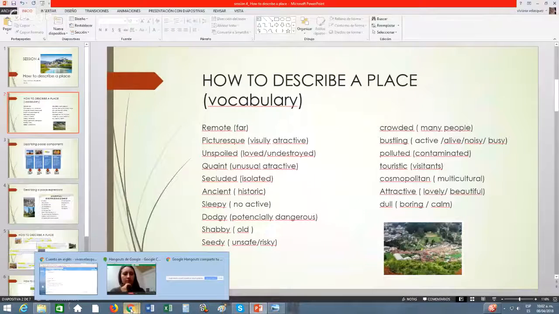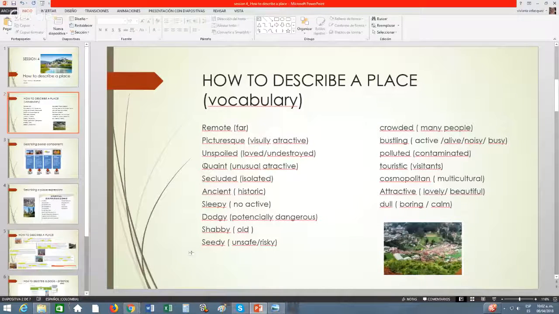Perfect. Next, we got quaint. Quaint, which is a very unusual or attractive place. Unusual, something that you don't expect, basically because it's crazy, because it is so funny, because it has different values that you cannot find in a normal place, right? An unusual place, for example, would be what is the name of this that is next to Machu Picchu? Okay. The ones, the pictures they have in the cornfields.